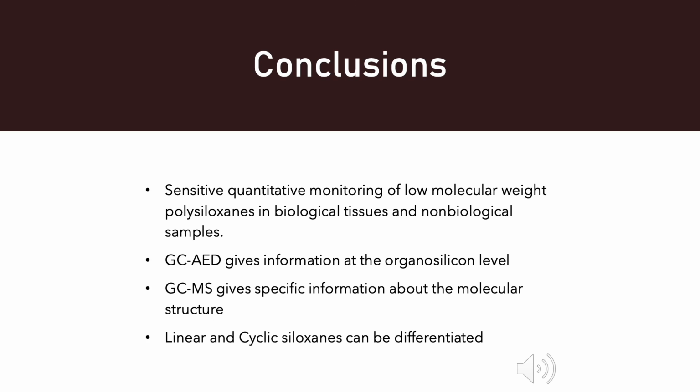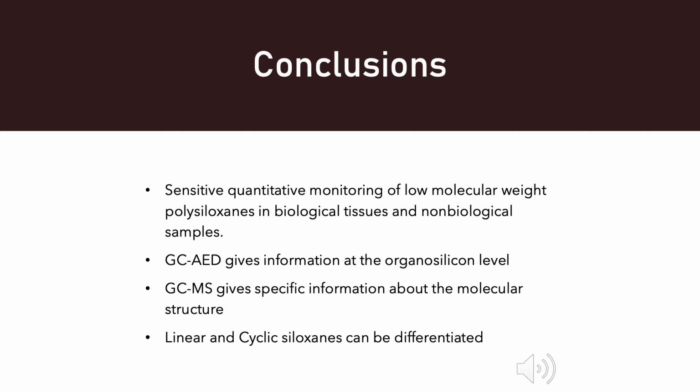So some conclusions and takeaways of the paper include the validation of a method to identify and quantify PDMS. Detected cyclosiloxanes prove that low molecular weight polysiloxanes can also be detected and identified through both methods. GC-AED was able to give information about the organosilicon level, while also being able to quantify silicon content. GCMS was able to give specific information about the molecular structure to further identify each peak along with quantifying them. The final conclusion of this paper was that there is a detectable difference between linear and cyclosiloxanes when run on